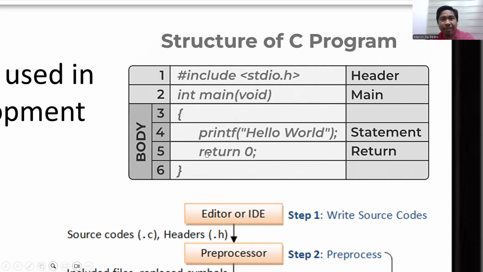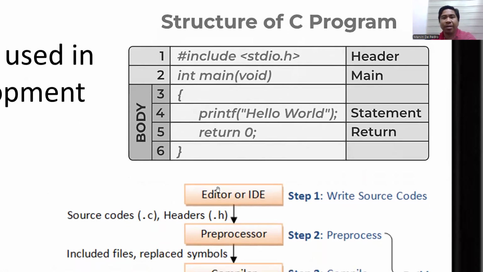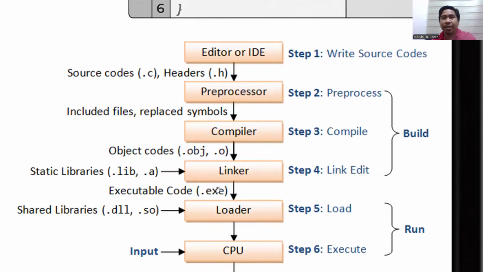So that's the basic structure of a C program, and you're going to see that later, especially when we talk about Arduino for a little bit, right? So basically, when we write in C, this is what happens. We write our code, especially with the help of an editor or an integrated development environment, IDE. And then when we save our code, the file will be saved as a .c file for our source code. And if you save that file as a header, then it will be saved as a .h file.